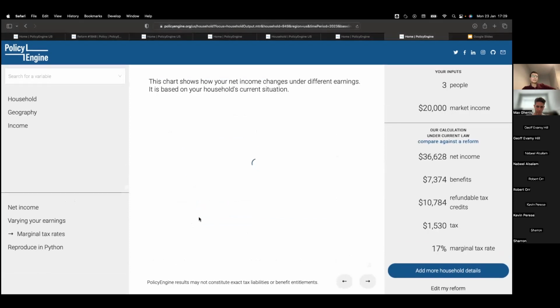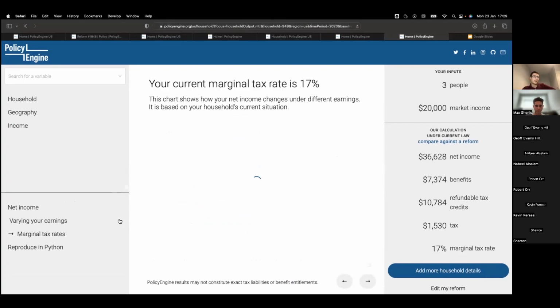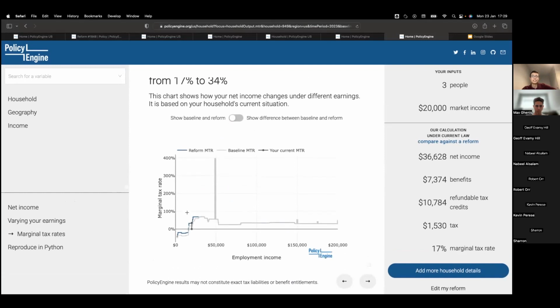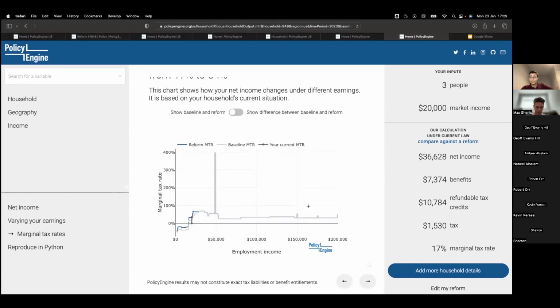The other thing here is marginal tax rates. That earnings chart shows you what the work incentives at play are. But if we want to drill down on those work incentives specifically, we can look at the marginal tax rate chart. And this one tends to look quite complex most of the time.